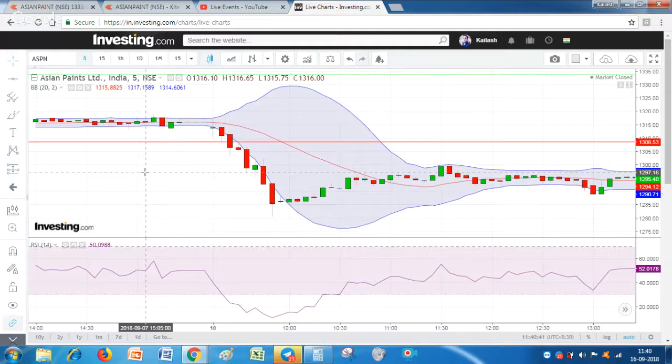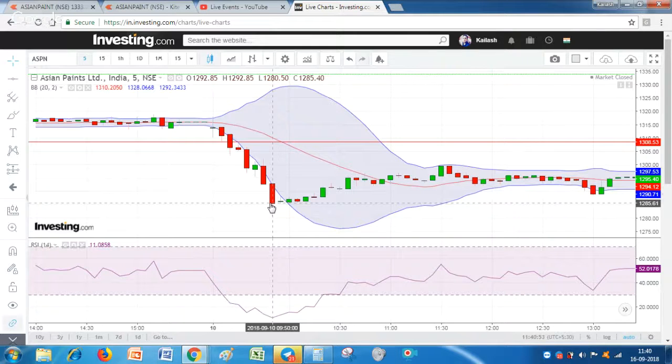Okay, so this is a very good sell setup. Suppose we have shorted at around 1308.50. See friends, it has given a dip till 1285. So our target, I told you, is about 1% in intraday, friends. Downgrade more than 1% in intraday. Even 0.5 to 1% is also enough in intraday.